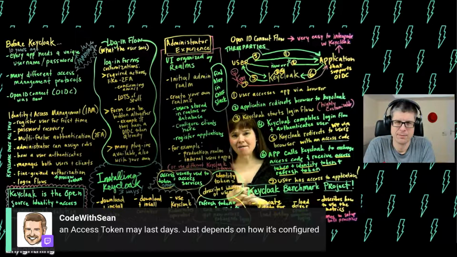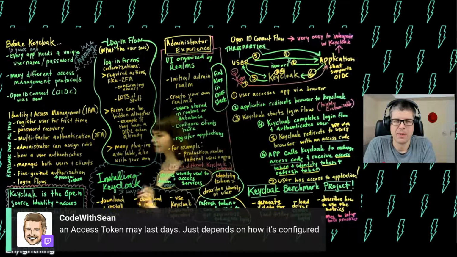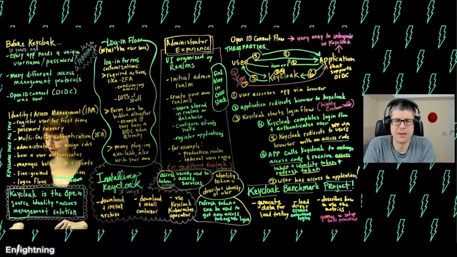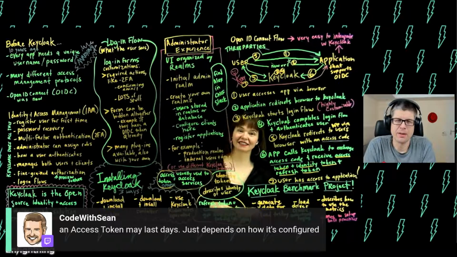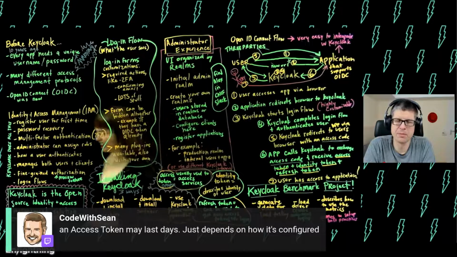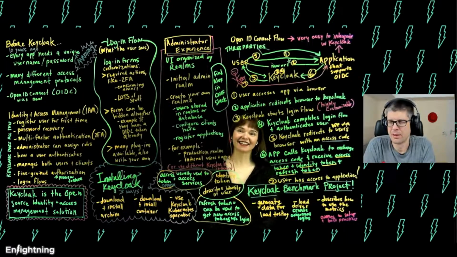And on access tokens, it may be that they last for days. Is that what you're saying? It just depends on how it's configured. Do you have a comment about that, Alex? An access token may last 4 days. Oh, got it. I see. You can make it last as long as you want, but as a security practice, they're usually short-lived. That's the recommendation. You can configure it differently. It might be sufficient to make them last 4 days in your environment, but let's see. Excellent.